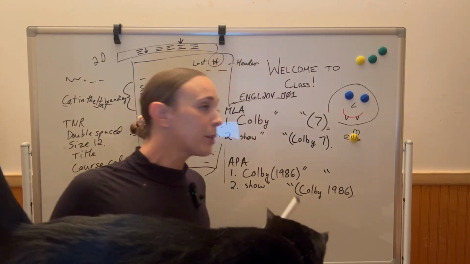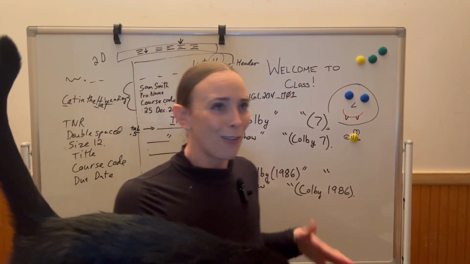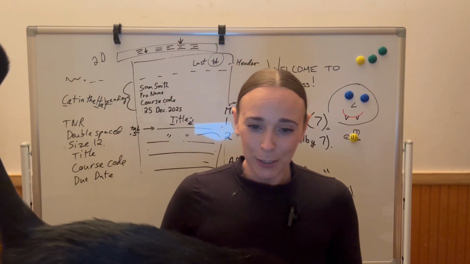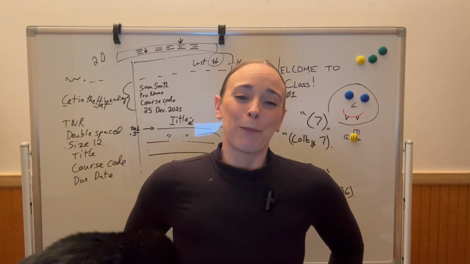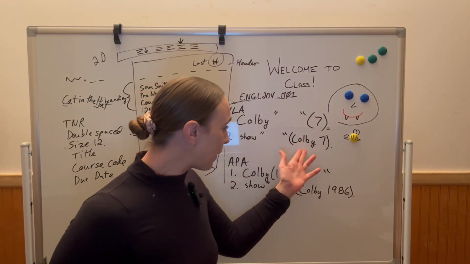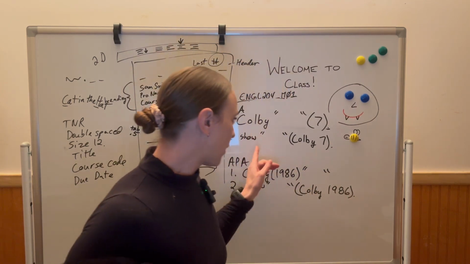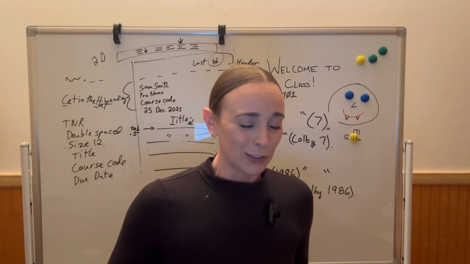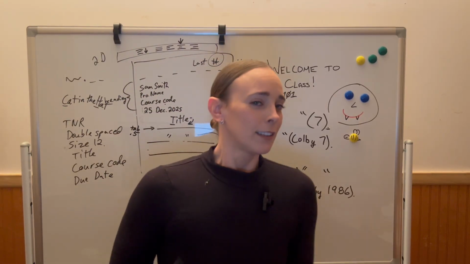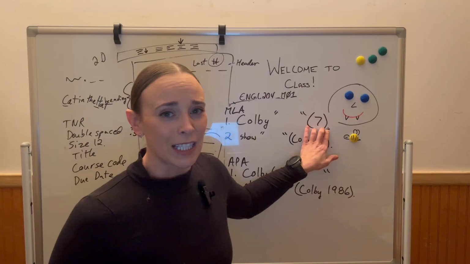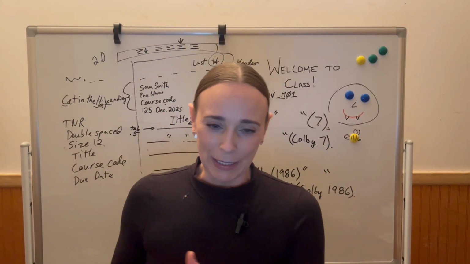Okay, now if you were doing public speaking and you aren't writing this out, how exactly would you say that information? Well, it's kind of difficult, because you can't just show people this information. It wouldn't make sense to say, oh, on page 7. By the way, that is something I see a lot of students do. They say, according to Colby, on page 7, she states... no, you just want to have 7 at the end. You don't need to say on page 7 or in paragraph 2. That just doesn't really make sense.